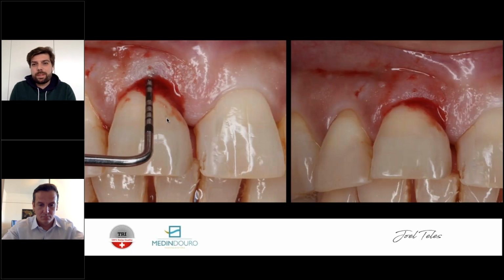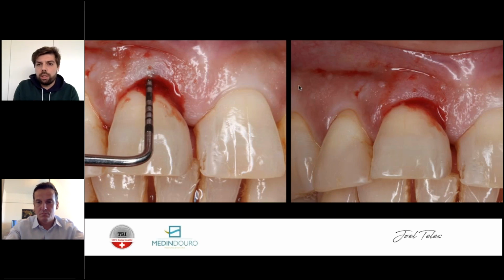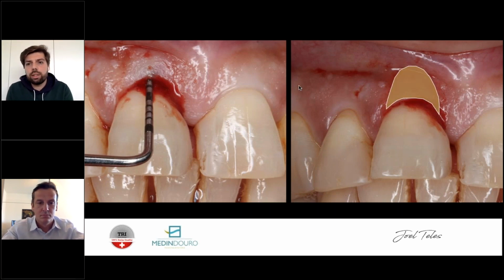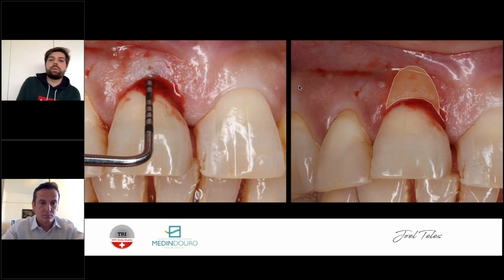But the first thing I do is that I map my defect, okay? I go with the probe in this higher part, and I go mapping it around to see how the defect is. You can see here, marked in blood, exactly the shape of the defect we are facing. This is the highlight of that defect, and this was the scenario that we had in this central incisor. I'm sure you all agree this is a tricky situation, no buccal bone. The tissue does not look all that good. You already lost like 2 millimeters, so you need to be careful